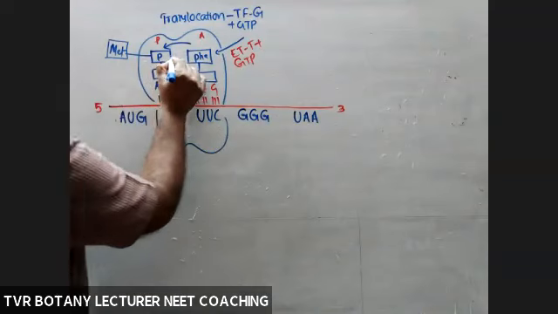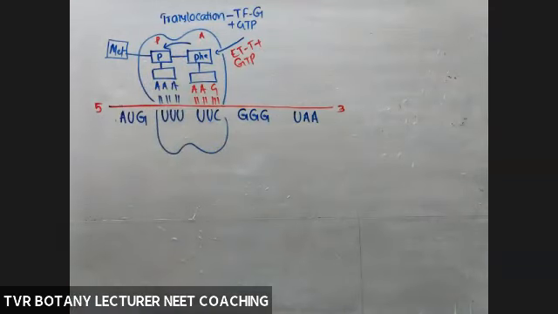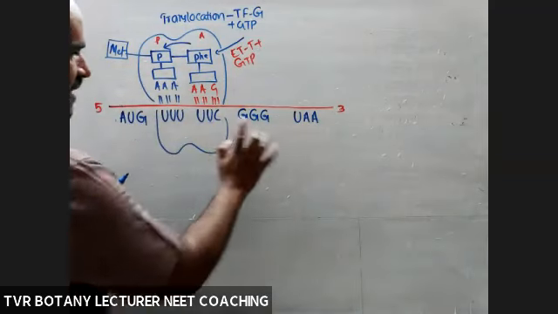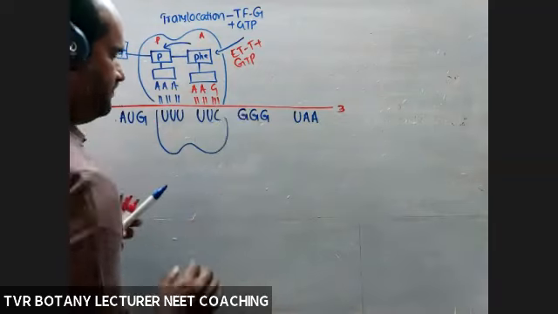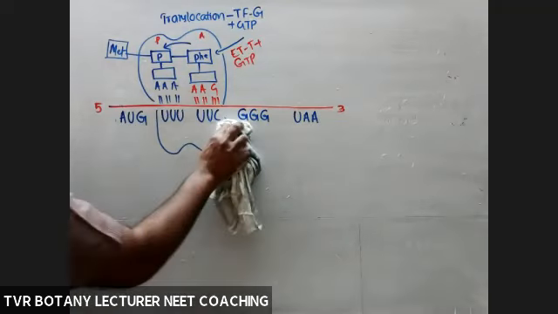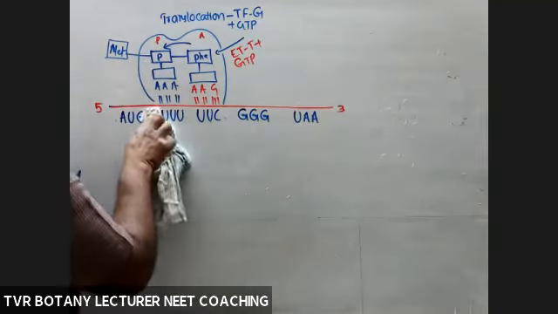Now establishment of the peptide bond with phenylalanine. So far, how many are decoded? 1, 2, 3. The remaining one is the last sense codon, GGG. Okay, right? So now the ribosome is moving from the third codon to the fourth codon.